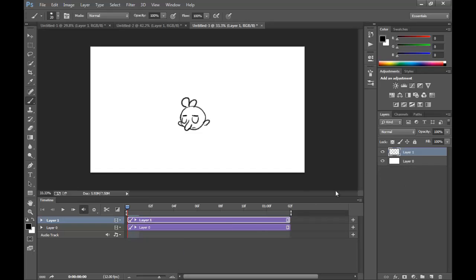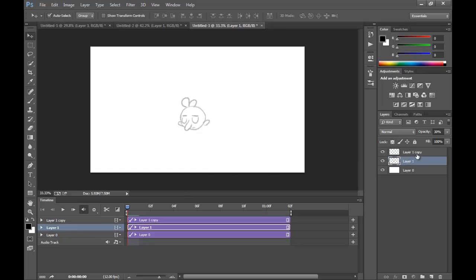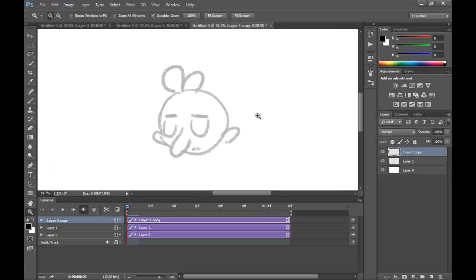That's kind of, see how it makes it really long? Later on I'll show you some actions to make this quicker, but this is a way to make all of your layers the same length so you don't have to keep shortening them. You just duplicate it, select all with Control A, delete with delete, Control D to deselect, and now you've got a layer that's the same thing. Usually I have to set that to 30, and later on I'll show you the action that you need to make that just a one button push. All right, so